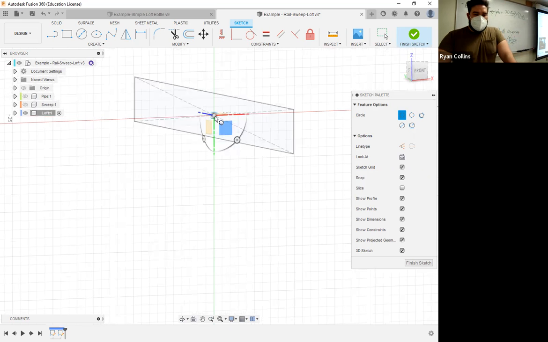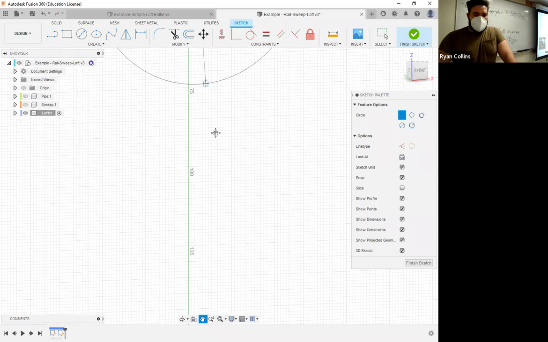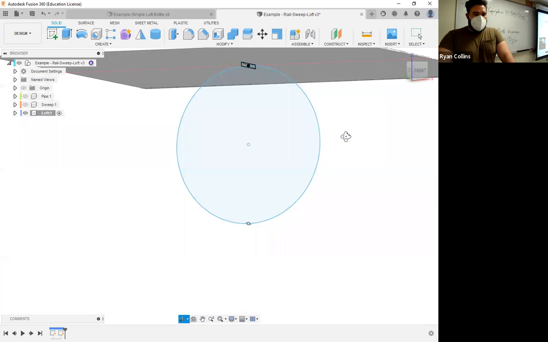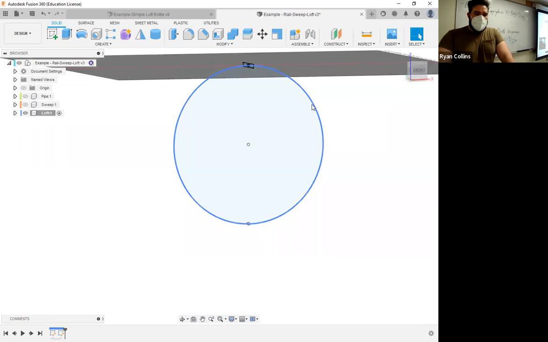Sometimes it gets a little wonky to select. There we are. And go down, down, down. Or I zoom out, it's easier to grab. The center of that ellipse. Whoop, there we go. All right, that's it. I just need a circle for the path. Select OK. There we're good. All right, so I have what will become my path profile and my two profiles for start and stop